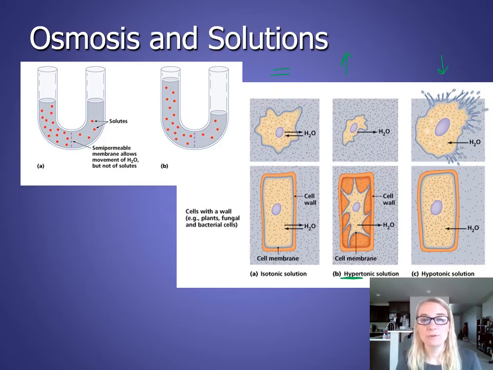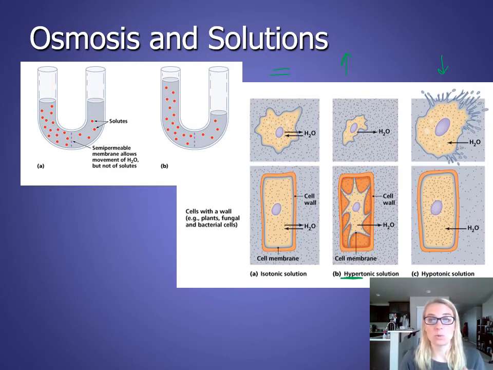If you place that same kind of cell in a hypotonic solution, there's more water outside of the cell, which means the inside of the cell is hypertonic. It's going to have more solids. And so water is going to enter inside of the cell and it will keep rushing into the cell until